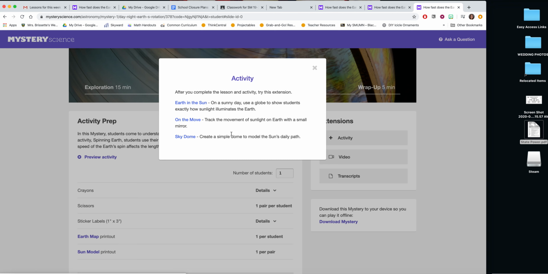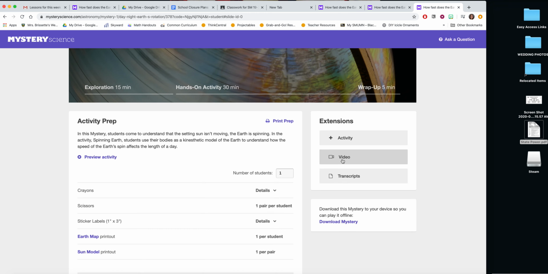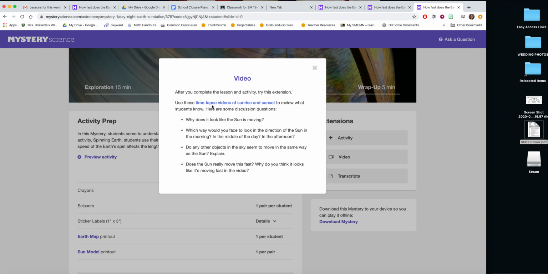and this is something that you can work on if you need some extra time or you're wanting to be more engaged when there are other people working in your house and you just want some more activities to do. You can click an activity. If you'd like to view more, here's a time-lapse video that you can check out if you want to watch